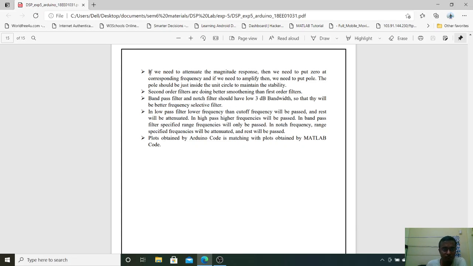From there we will get the input output relationship. But there are some constraints and some limitations of the pole zero placement method, which I have explained at the start of the video. Also I observed that the plots are very similar in the Arduino implementation and the MATLAB implementation. So that's all from my side.